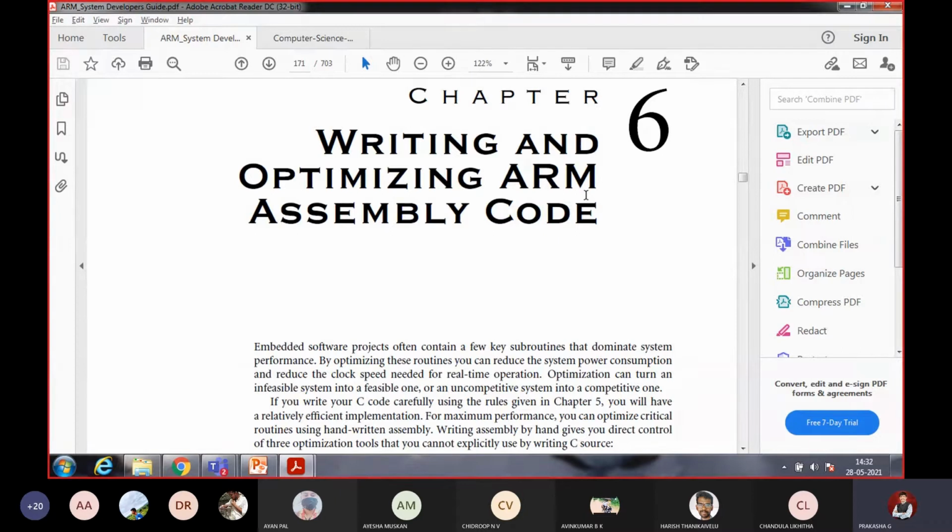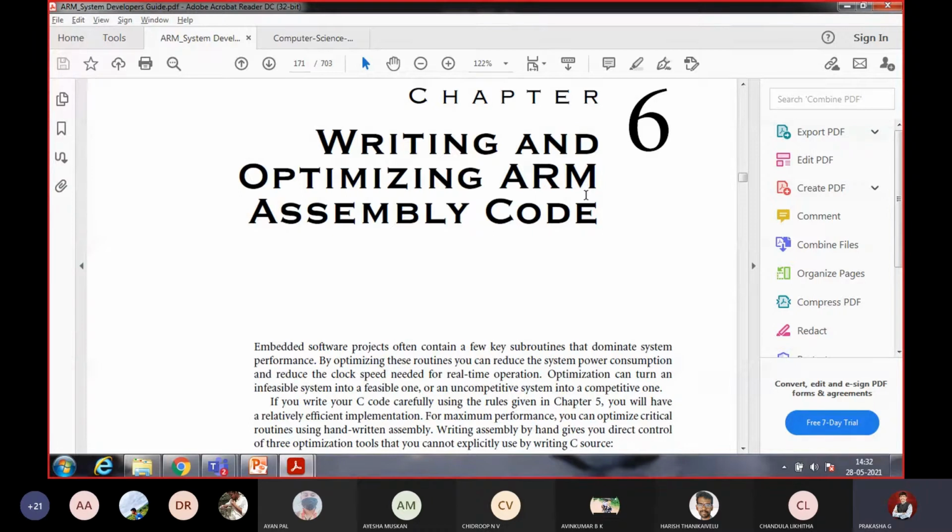By optimizing these routines, the code should be as short as possible. It is not that a simple program should carry 20 or 30 lines just for adding 2 numbers. You can write the program within 5 lines, or you can write it in 10 lines also. So optimization is very, very important.